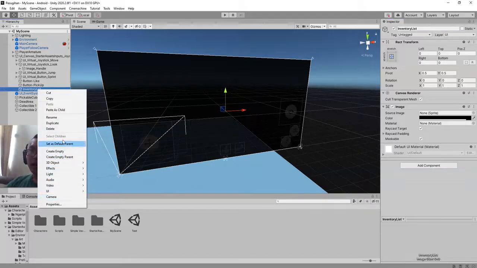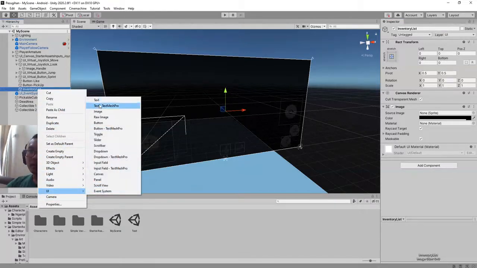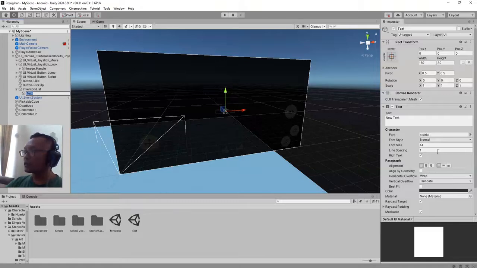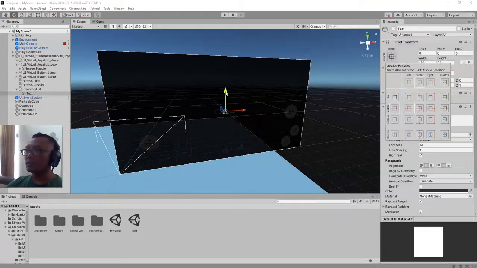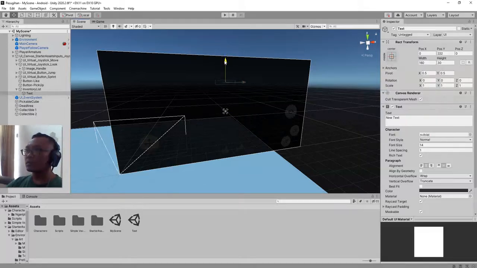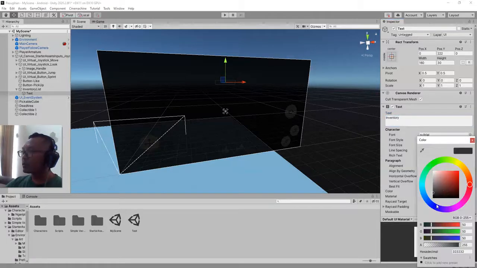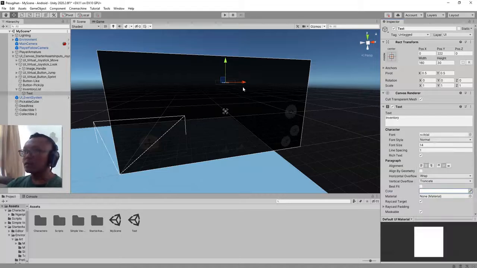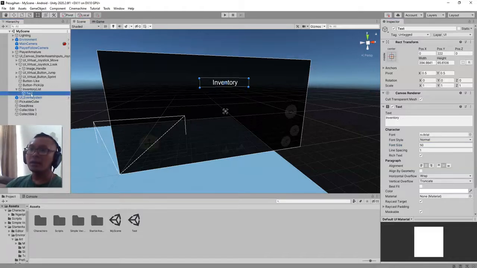Here I'm going to add a UI text. Set it on the center of the screen. Center. Type inventory. Set the text color to white, scale it up a bit, increase the font size, and then I will